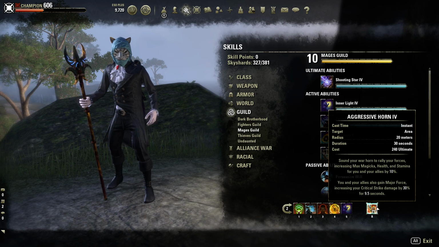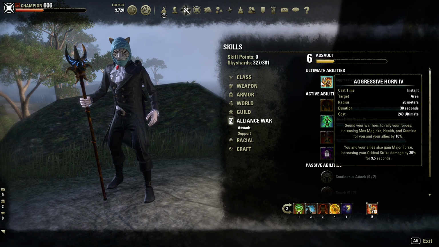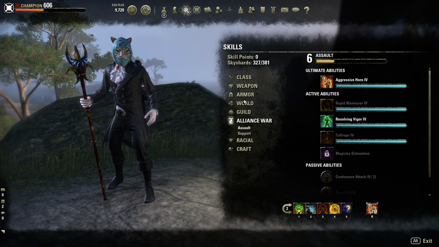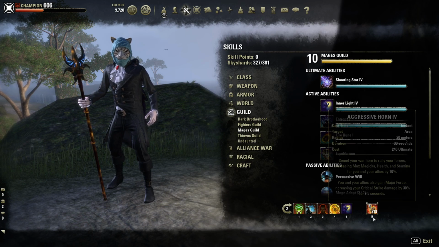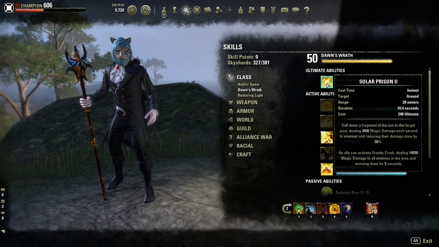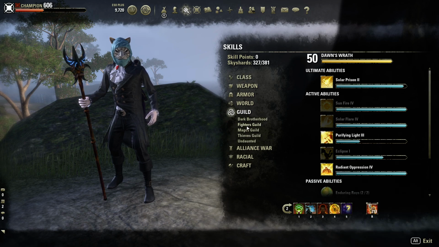And our ultimate, we have Warhorn. It is under the Alliance War, which is essentially PvP. Now I understand not everyone does PvP, so some replacements you could use are Mage's Guild. The Shooting Star also works. Solar Prison if you don't have Meteor as well, but you probably should get Meteor just because,